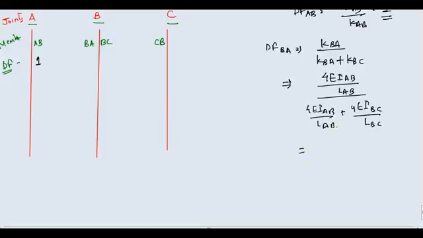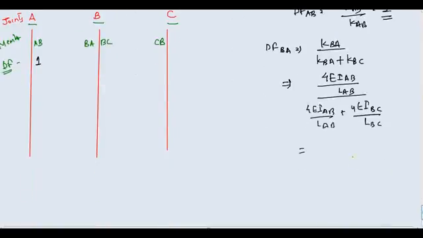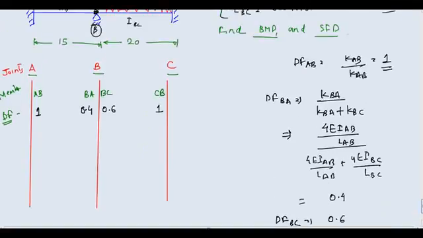मेरे ख्याल से वैल्यू पुट कर दोगे तो तुमको सीधा मिल जाएगा। आई ए बी और आई बी सी तुम्हें क्वेश्चन में दिया हुआ है। एल ए बी ये रहा 15 मीटर्स, और एल बी सी वो है 20 मीटर्स। ये चारों वैल्यू उठा के पुट कर देना, तो डी एफ बी ए जो तुम्हारे पास आ जाएगा वो 0.4 आ जाएगा। सिमिलरली तुम डी बी सी निकाल सकते हो, वो आ जाएगा 0.6, और डी एफ सी बी आ जाएगा तुम्हारा 1। तो यहाँ पे मैं वैल्यूज़ लिख दे रहा हूँ। डिस्ट्रीब्यूशन फैक्टर बी ए का 0.4, ये 0.6 और ये 1 आ जाएगा। ये हमारे डिस्ट्रीब्यूशन फैक्टर हो गए।